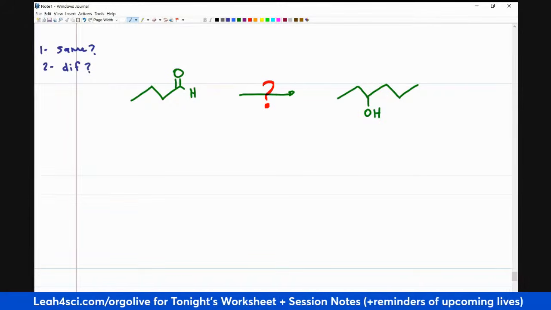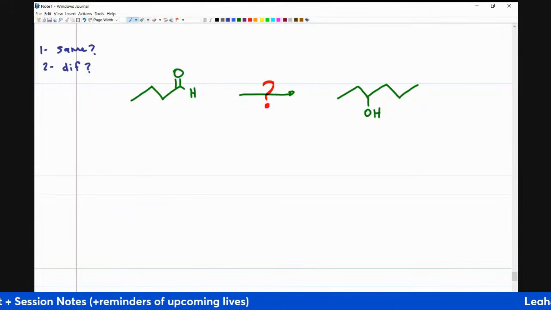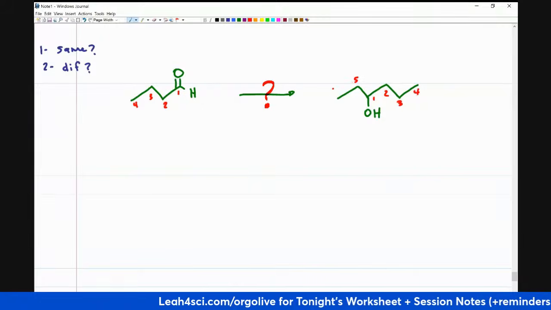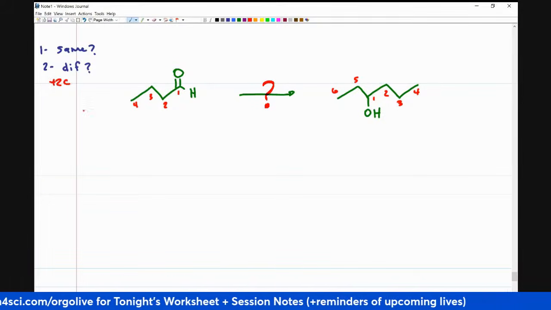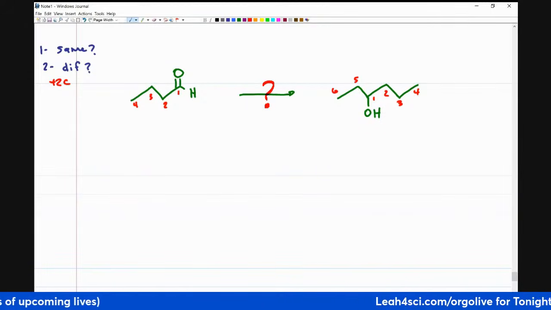Whenever you see something like that, ask yourself, did I really move it over, or can I maybe do something like this? 1, 2, 3, 4. 1, 2, 3, 4, 5, and 6. Aha, plus 2 carbons. Now, what reaction should have taken place if I turned an aldehyde into an alcohol and